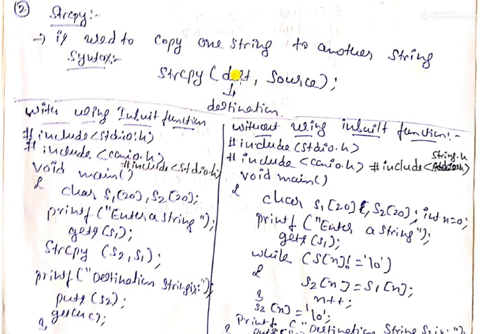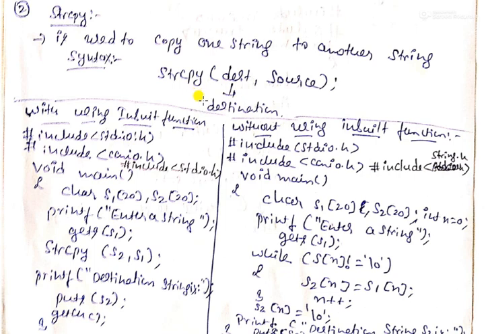Here this string copy function will accept two parameters. The first parameter is the destination address, and the second parameter is the source. What do source and destination mean? The destination is the string to which you are going to copy, the string that is ready to accept the value from another string. The source is the string from which you are going to copy. That string, from which string you want to copy, is the source. To which string you want to copy, that one is the destination.